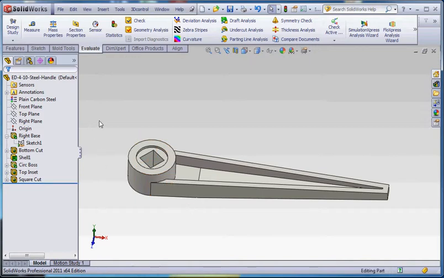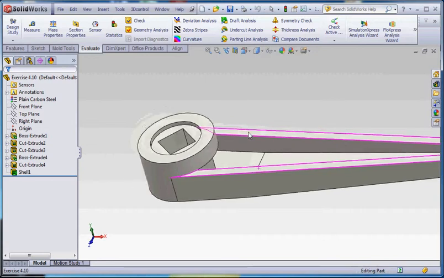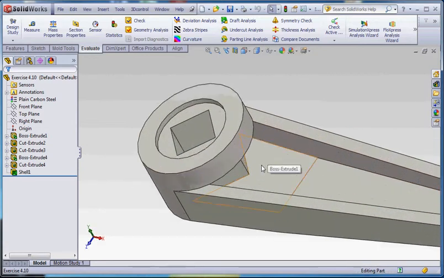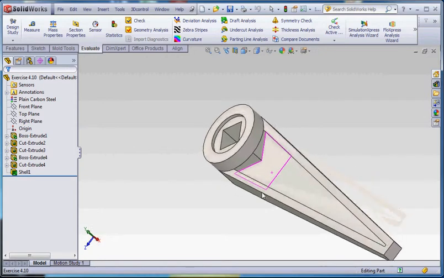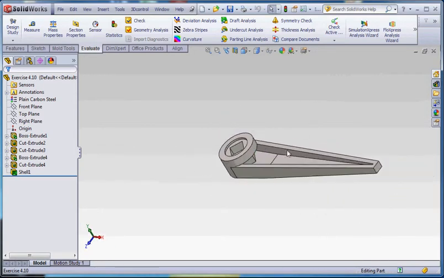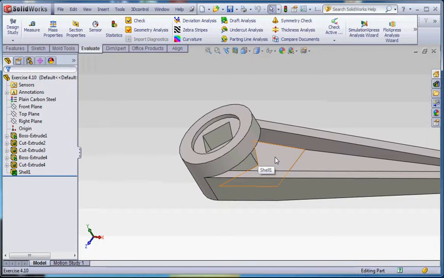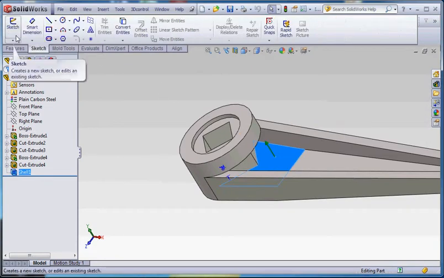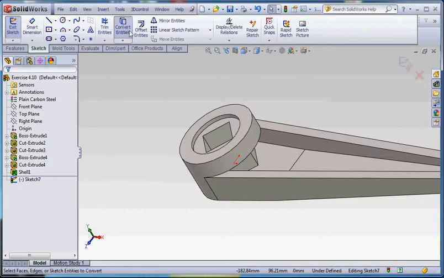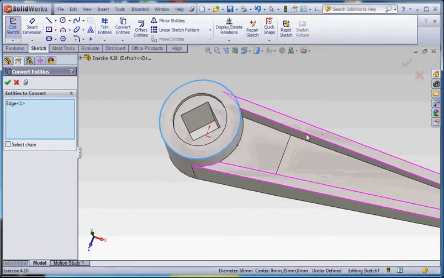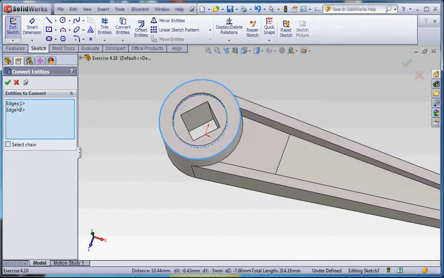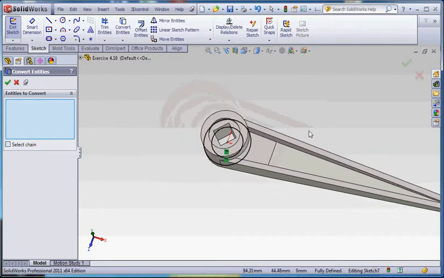So with your model, when you did something like this, it shelled out everything on the inside here, and that kind of creates some weird geometry in there that's going to be difficult to resolve. You can try to resolve it, and one way you can do that is you can grab perhaps this surface, go to Sketch, and what we're going to do is go to Convert Entities, and what we'd like to do is probably convert that edge and maybe this edge, and go to green check mark,